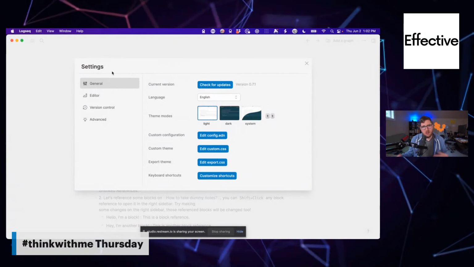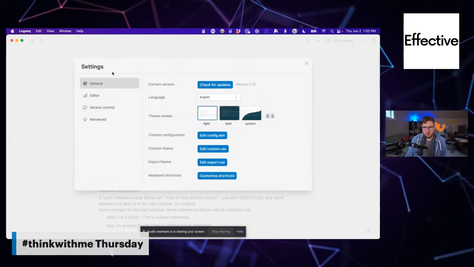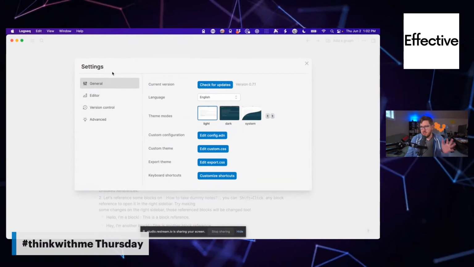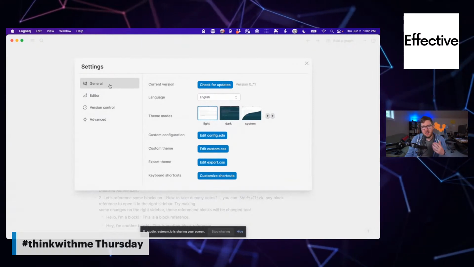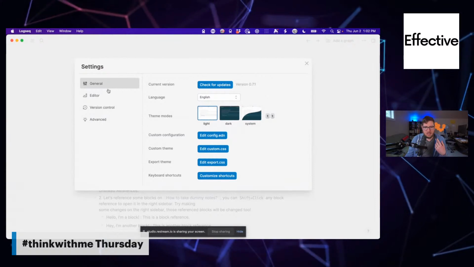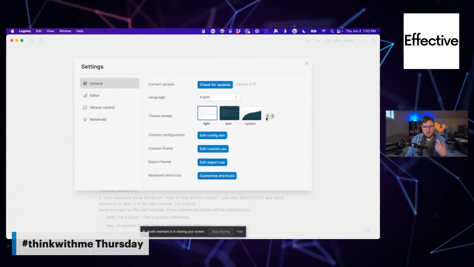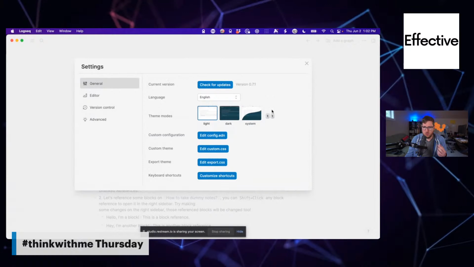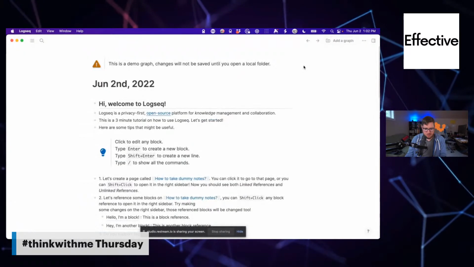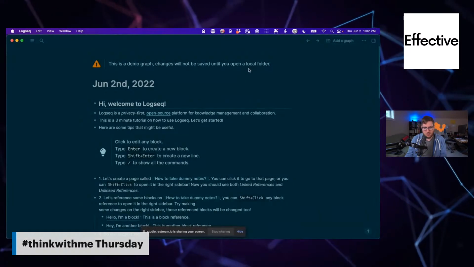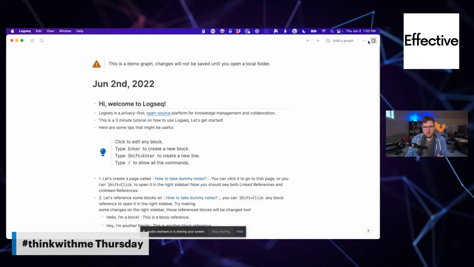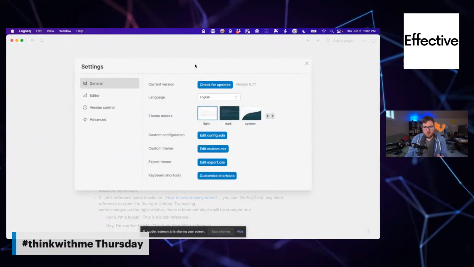While we're in here, I'm just going to poke around through the settings. It's one of my favorite things to do when I first start exploring an application, because you can get an idea of some of the power of something. As I'm already seeing over here, it looks like there are some shortcodes that you can use to do stuff. So let me see if I can press TT. Okay. TT changes the theme. Cool.